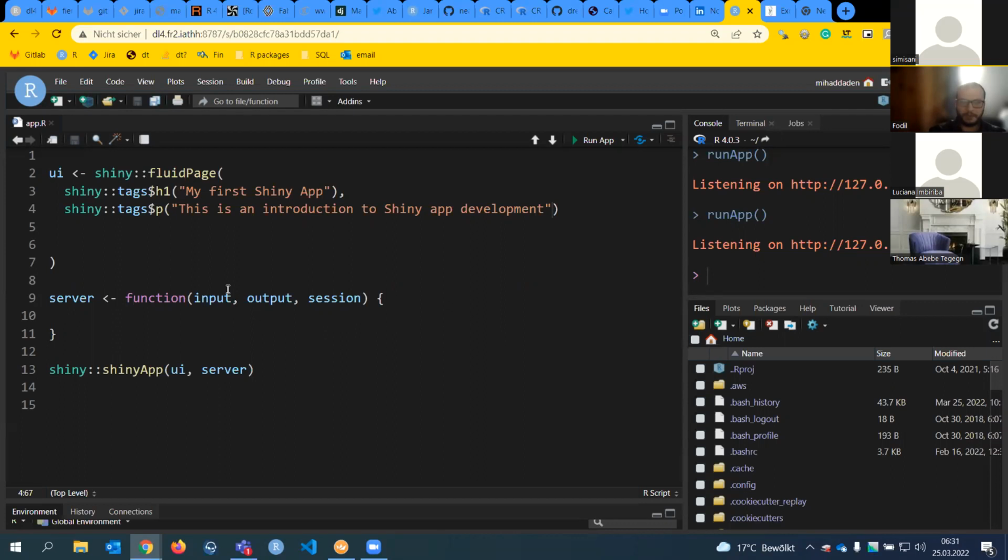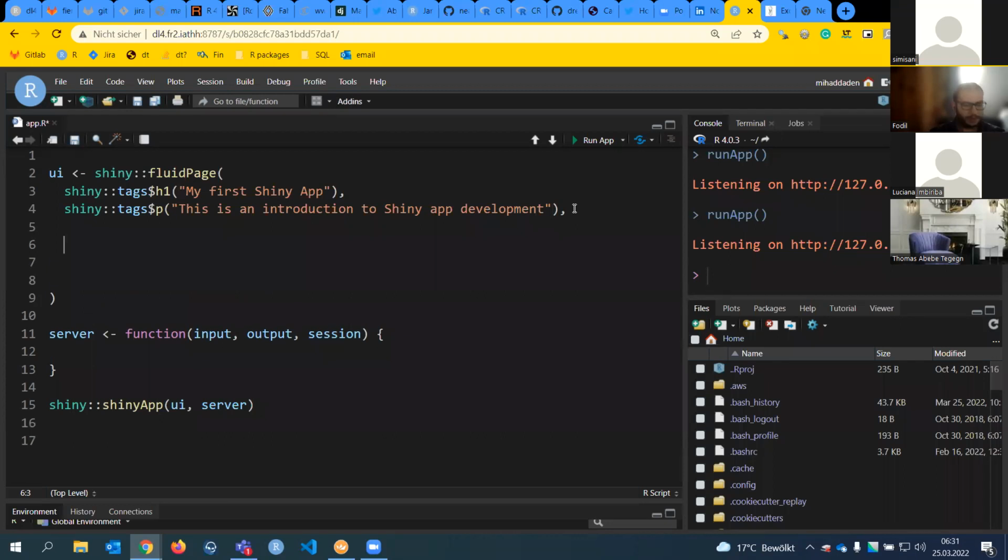Now, we have written this introduction, we have written text, that's fine, but it's really boring. Now let's move on to something more interesting and talk about outputs, right? We are here to display plots, because R is amazing with plots. It has ggplot, right? R is good at tables and so on. So we want to display this kind of stuff. So how can we proceed in Shiny to display this? It's a two-step process. First of all, we have to state in our UI that we want to display something. Let's start with a plot, right? Let's say we want to display a plot,